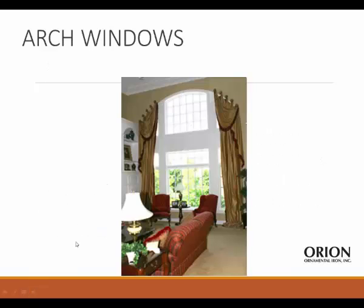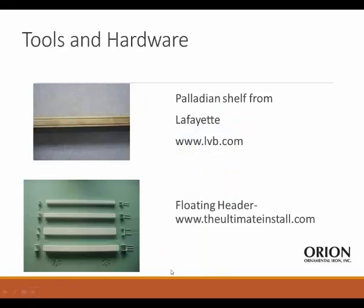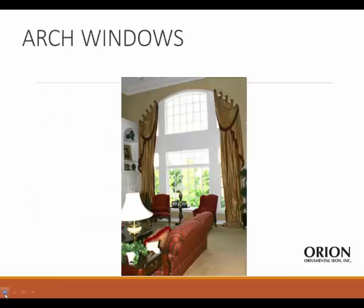So let's talk a little bit about arch windows and some of the measuring and specifying issues and solutions for arch windows, and talk a little bit about arches first. Here's a beautiful treatment, isn't it? With a swag, a cascade, and then the panel underneath it. When you've got large windows like this,